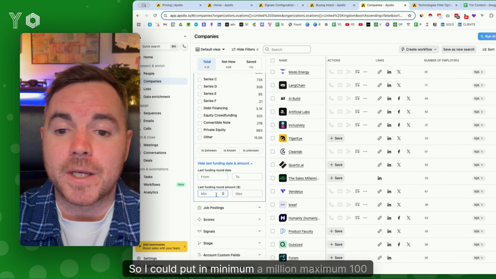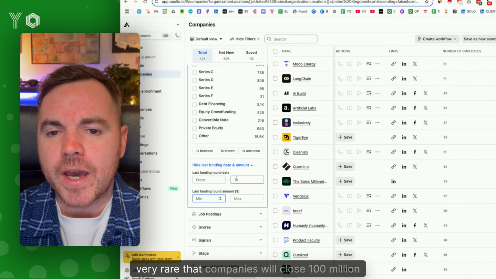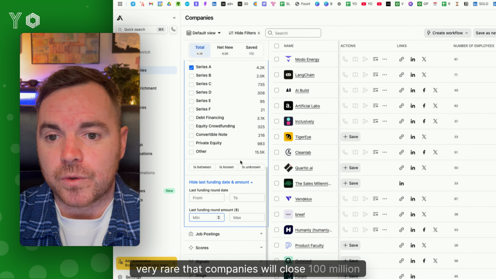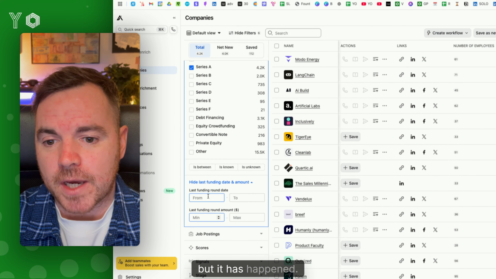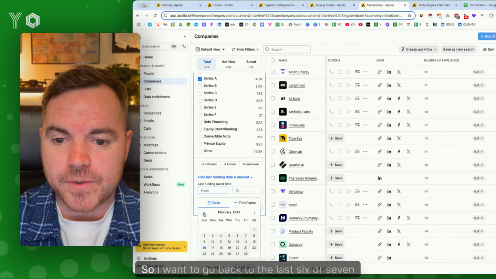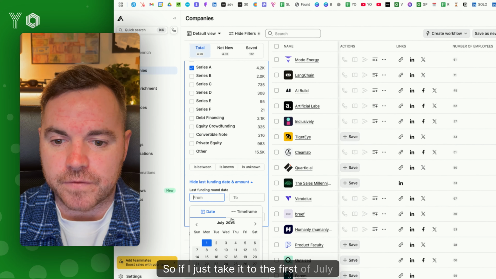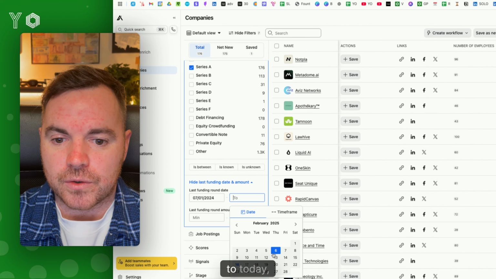So I could put in minimum 1 million, maximum 100 million. Very rare that companies will close 100 million Series A, but it has happened. And then last funding round date from, now I can pick the date. So I want to go back to the last 6 or 7 months. So if I just take it to the 1st of July to today,